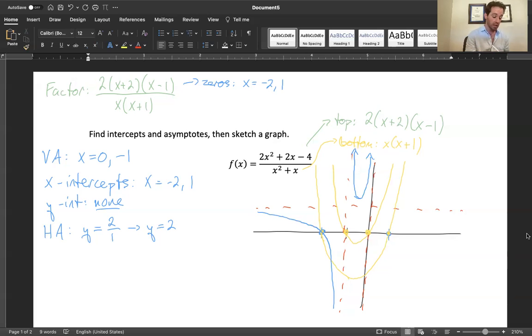Now look on the right-hand side. On the right-hand side, you have this and this. You have a negative number down here divided by a positive number up there. That has a negative answer. So what's going to happen on the other side of this asymptote at x equals 0 is negative behavior. It's going to be coming from down here, making sure you hit this intercept right there, and then going up to the horizontal asymptote. So I'm going to get rid of the helper graphs now